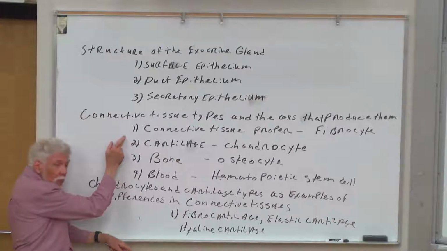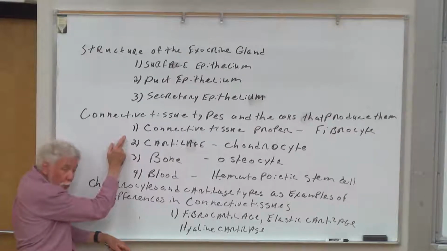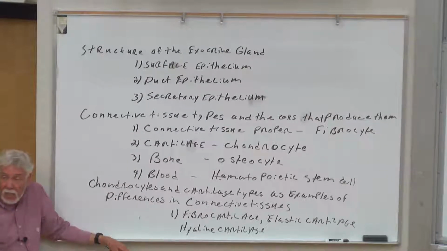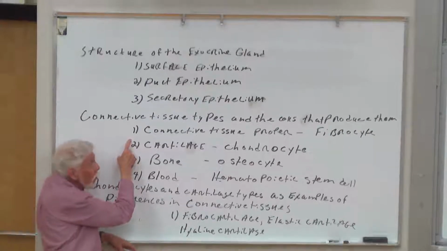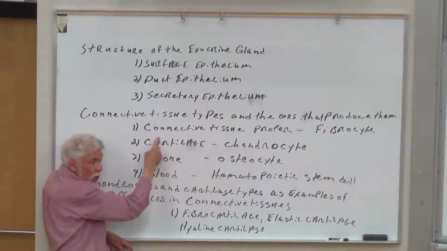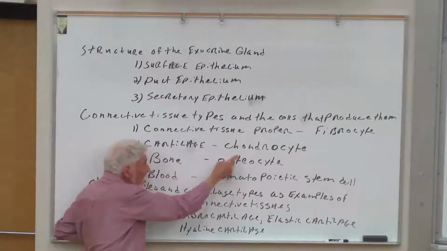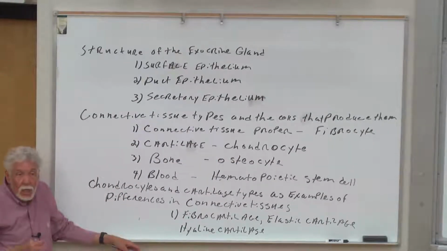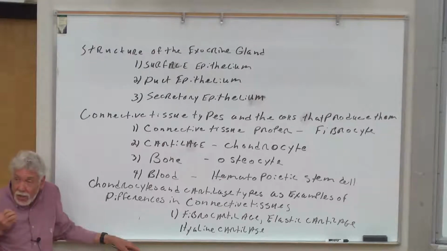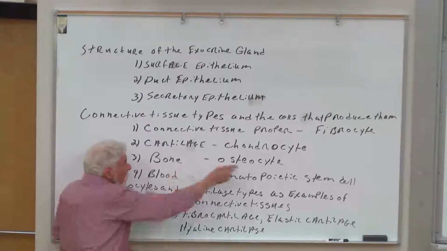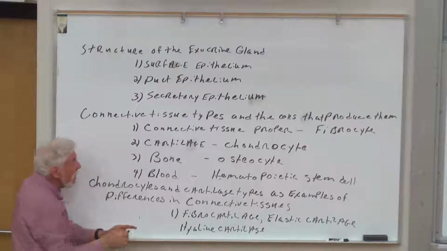The fibrocytes generate something known as connective tissue proper. Connective tissue proper includes things like ligaments and tendons, and we'll see today the dermis of skin. The connective tissue proper are making connections largely. The cartilage is produced by chondrocytes. The cartilage is a true tissue. It is composed only of chondrocytes. It doesn't contain a blood supply. And we'll use cartilage as an example of a tissue, and we'll emphasize the hallmarks of tissue by saying that